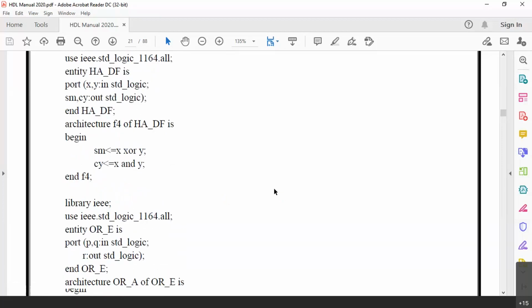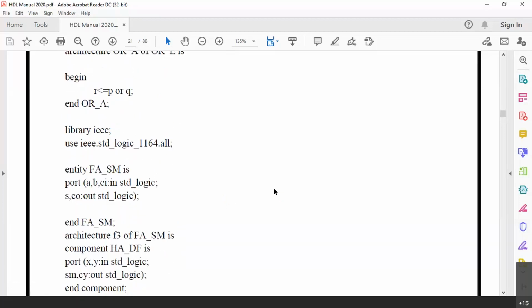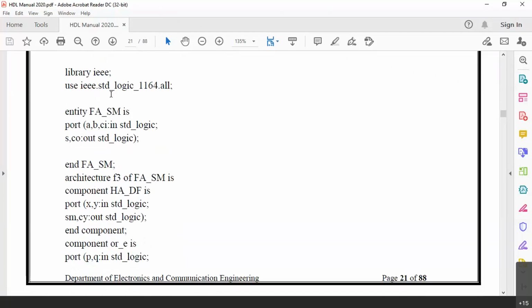Finally, we have seen the half adder program and the OR gate program. Now we are coming to the full adder program. So library IEEE, use IEEE.std_logic_1164.all, entity FA_SM is port A, B, CI in standard logic, S, CO out standard logic.